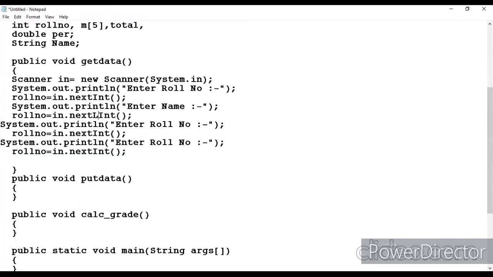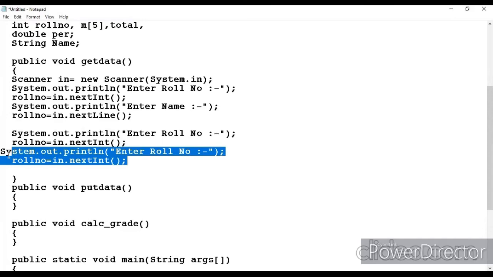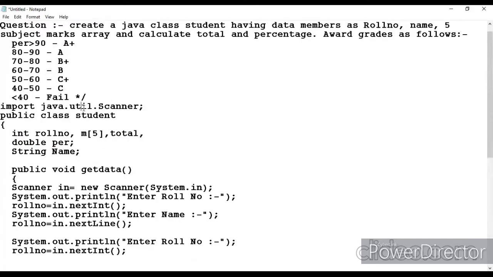For name, use nextLine, which is the solution to get blank spaces. If I take next only, it will take only one word, but if you have more than one word, you have to take it like this. Now I have to enter the marks, and I had created this array M5, so this is an array.